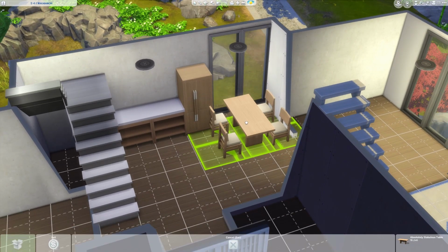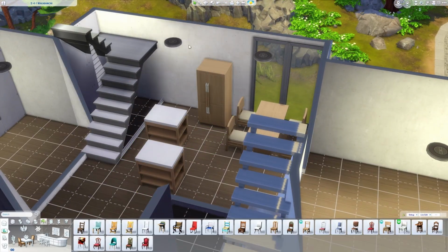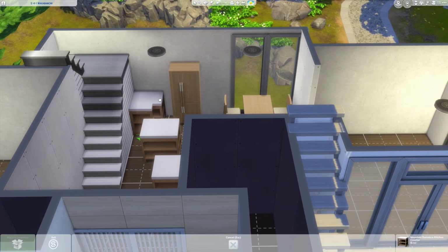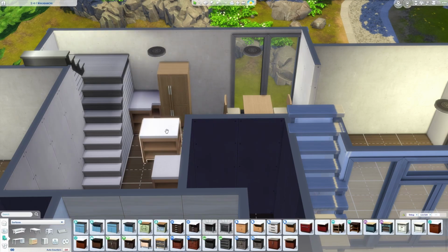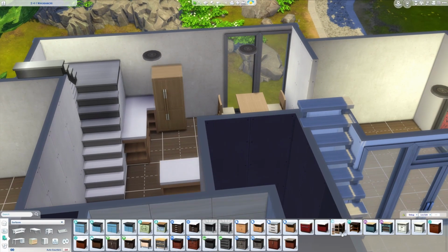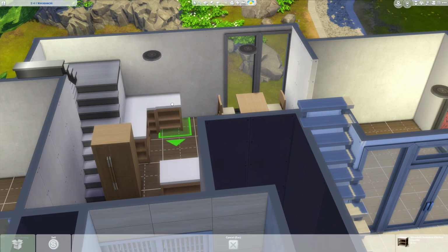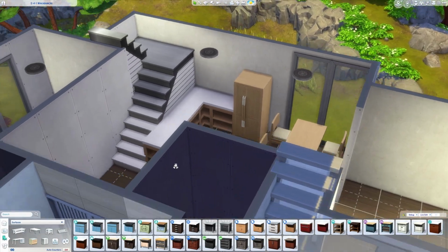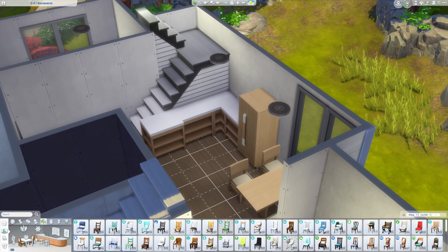So we have an open concept here, of course, where the kitchen is connected to the living room area, which is on the right hand side. You will see that in a minute. And I'm actually pretty happy how the layout turned out, because I built this house basically exterior first, so I wanted to make sure that the exterior looks nice, and then I would worry about the interior,